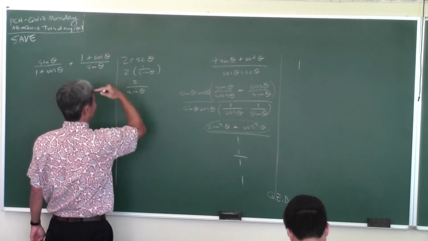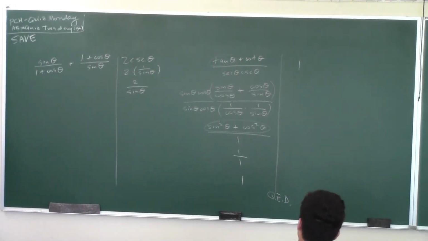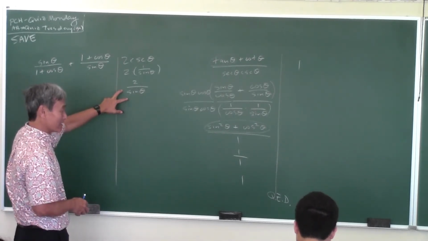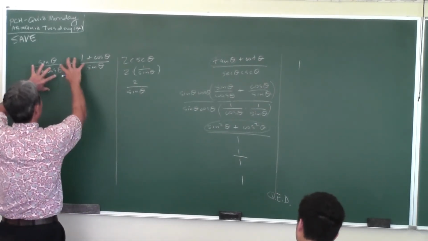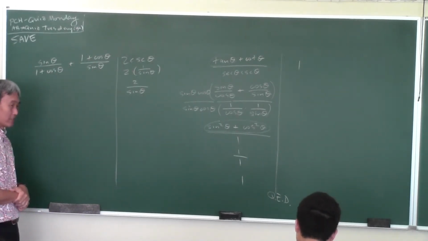Now some of you are good enough, you can just go from there to there. You don't have to show all the intermediate steps. Okay, so see, that looks pretty simple as it is, right? So somehow, I have to simplify this into that. Now, when you add or subtract fractions, what do